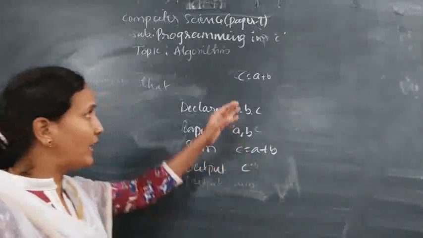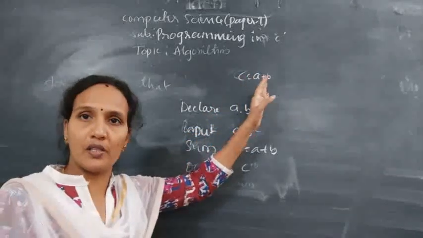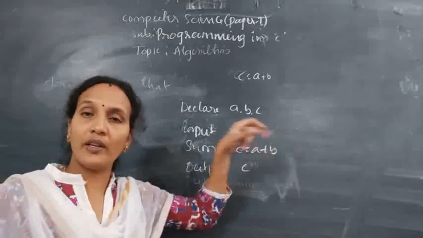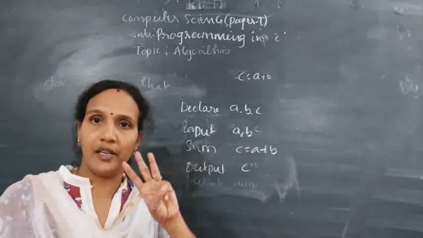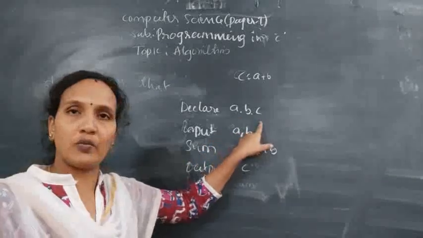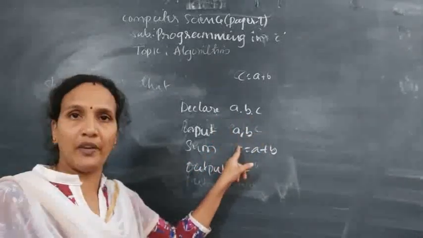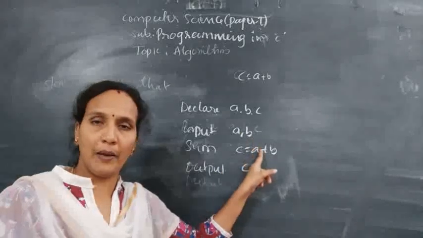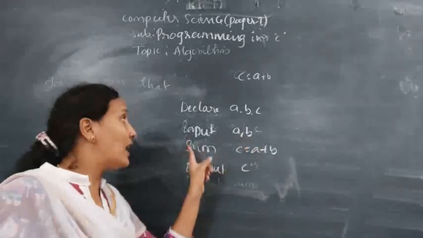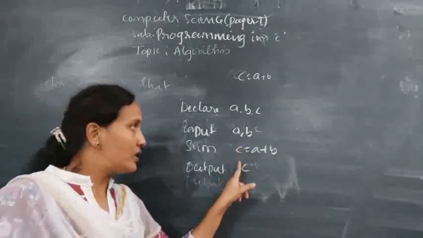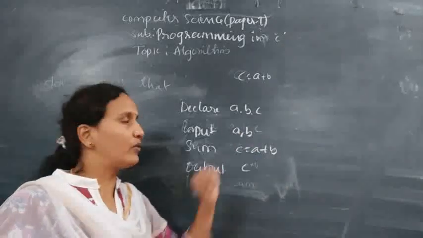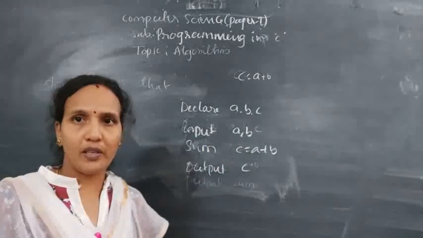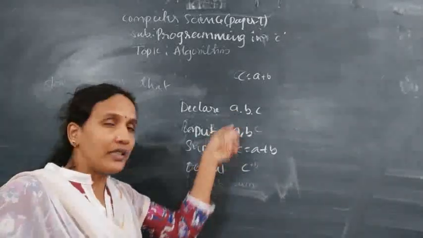Clear? So here I am writing a program to calculate the sum of two numbers. What is the procedure here? Declare a comma b comma c. Because in order to calculate the sum of two numbers, how many variables do we need? Three. First you should declare them. Next, after declaring the variables, what is the next step? You need to take the values for a and b from the user. That is the second step. After storing the values, you calculate c equals a plus b. Here I have not given a value. Is it possible to calculate c equals a plus b without values? It is not possible.